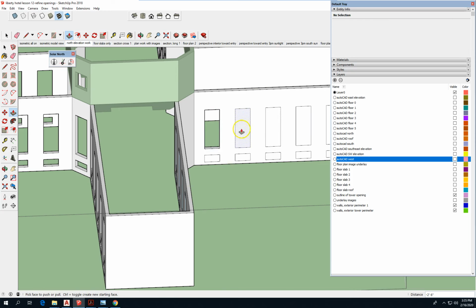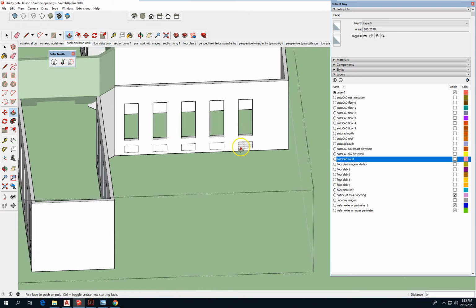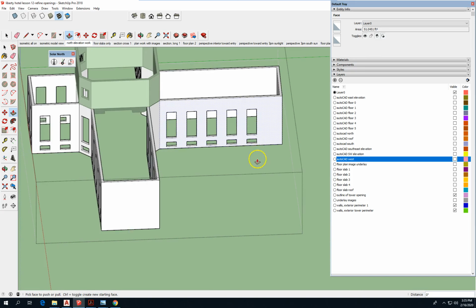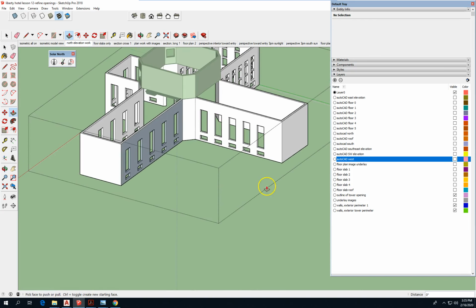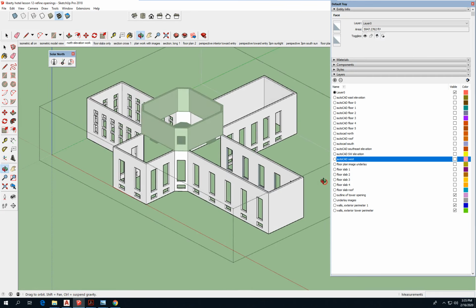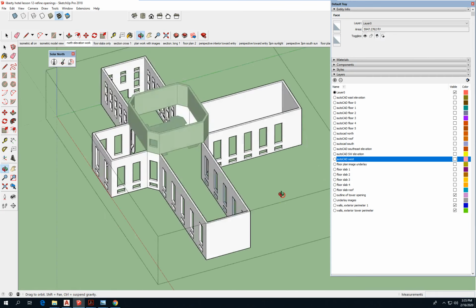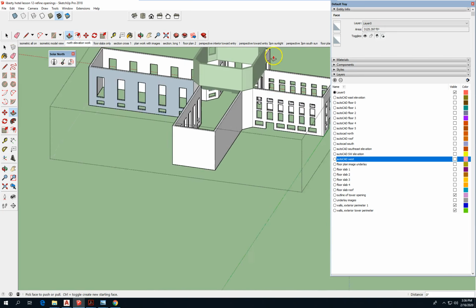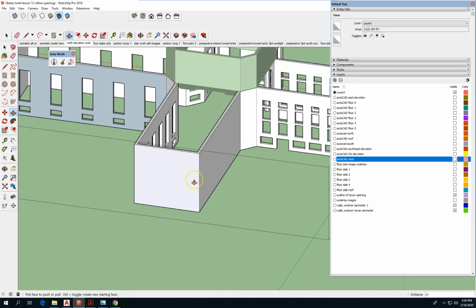Face. These are going to be very inconsequential. But they're required, so